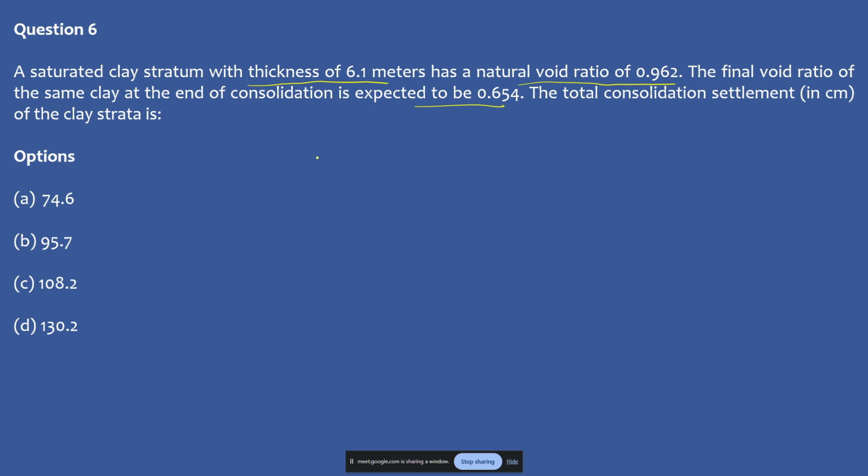So let's see this. Usually the relation between the change in the height of the clay layer to the initial clay layer and your change in void ratio with respect to the initial void ratio can be evaluated as delta H, and your height of the clay layer is